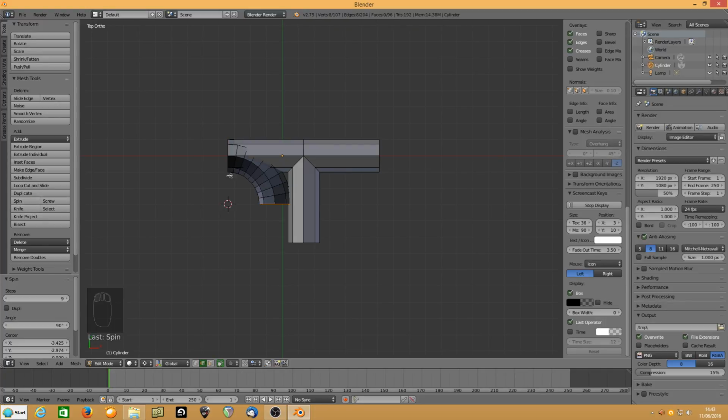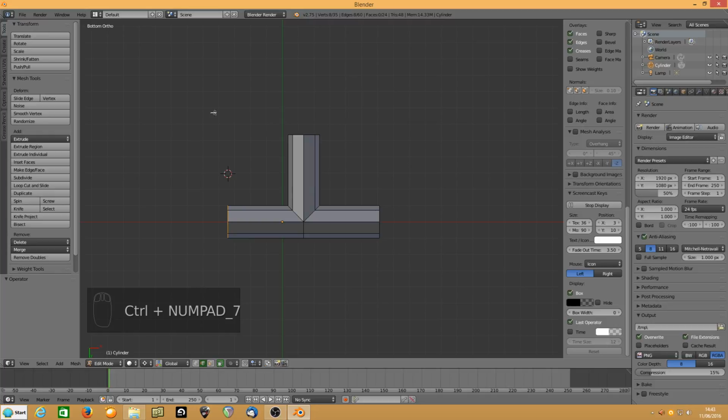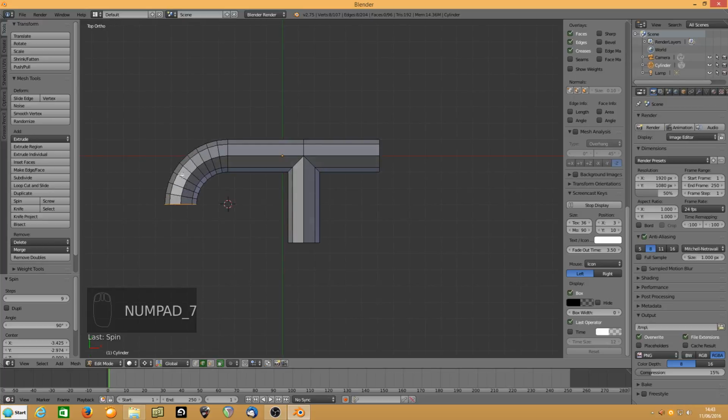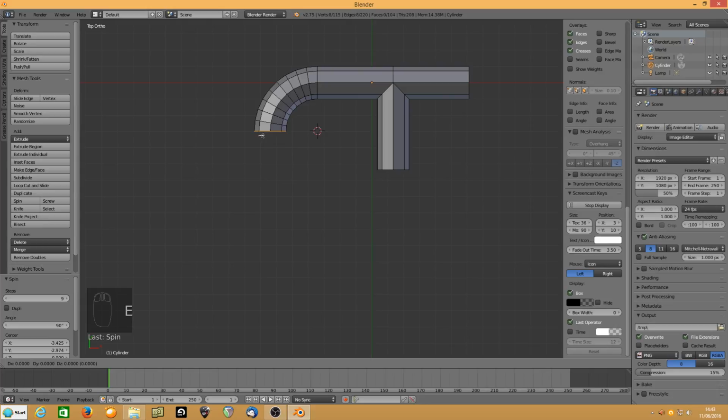Now that's gone the wrong way. So do a Control Z, and instead of looking at the top, do Control 7 for the bottom. Now spin. And you can see that, now go back to the top again, now it's gone the right way. So E to extrude, hit return, GY,